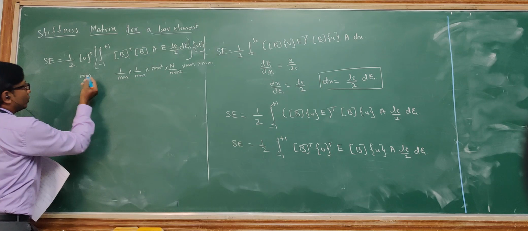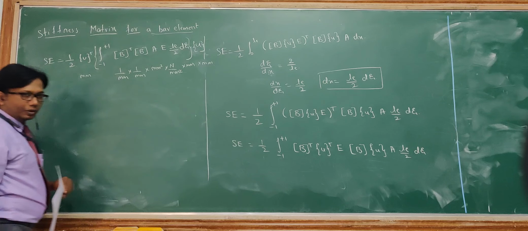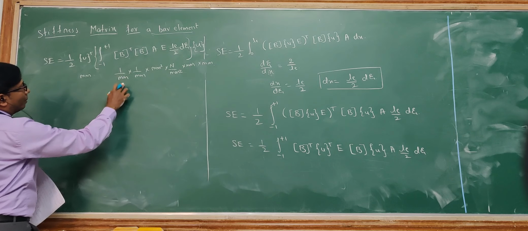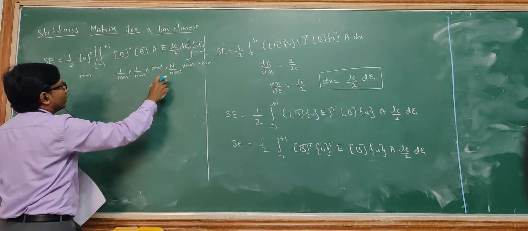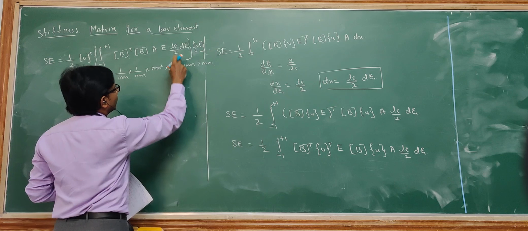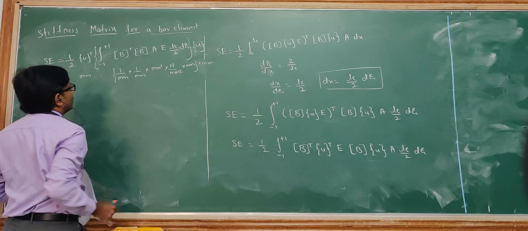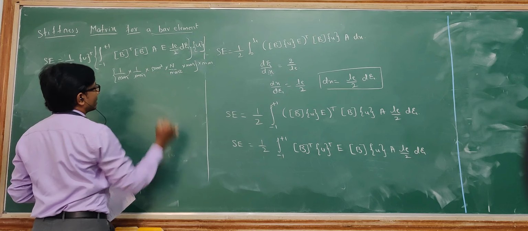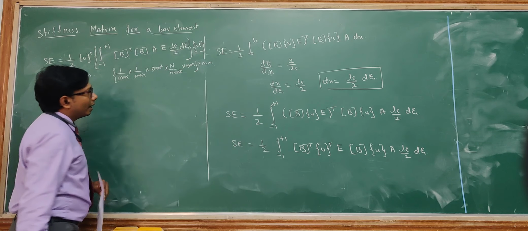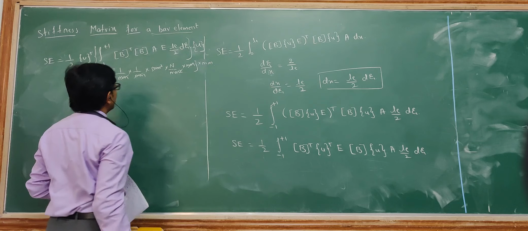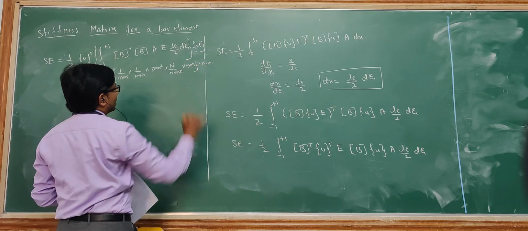When you solve, this gets cancelled and you remain with the energy equation. Once again I will explain. Newton per mm, B matrix is 1 by mm, area is given as mm square, E is given as Newton per mm square, and L is given as mm. If you see this parameter, mm square gets cancelled, and what remains here is Newton per mm. Outside it there is one more mm, multiplied you become mm square, this gets cancelled and it becomes Newton mm.